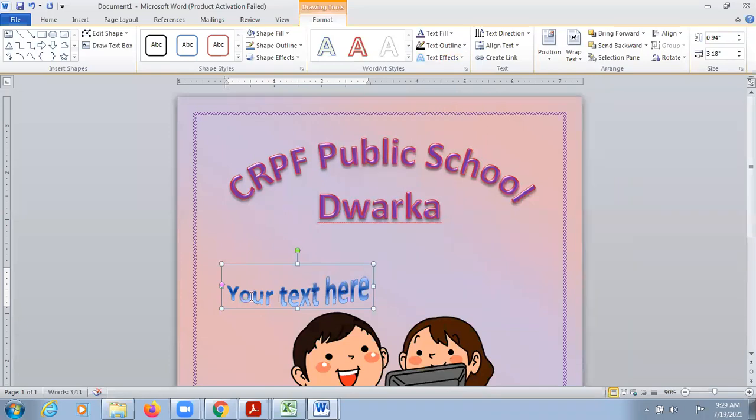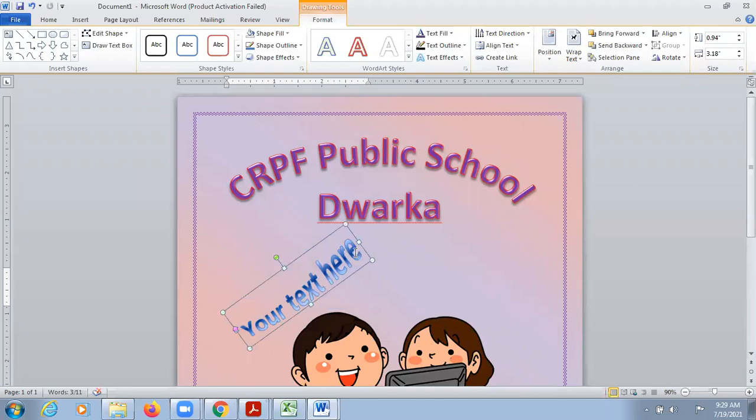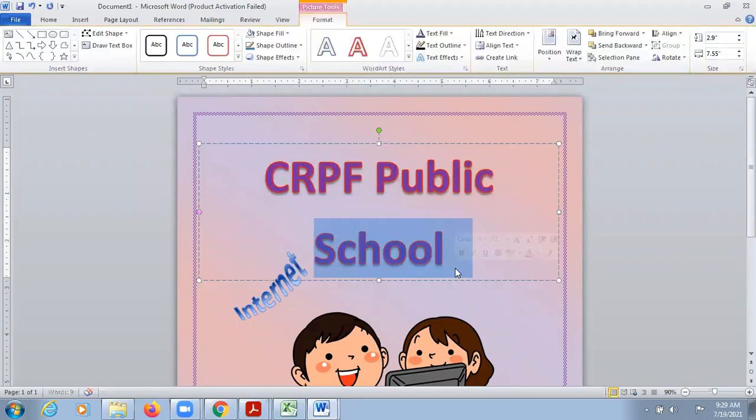So like this, I have rotated my text, but using this green circle, even I can rotate it more. So like this, if I wanted to display something, I can rotate it. I can change the text. Let's say the first chapter is internet. So I've written internet and now the text is coming like this.